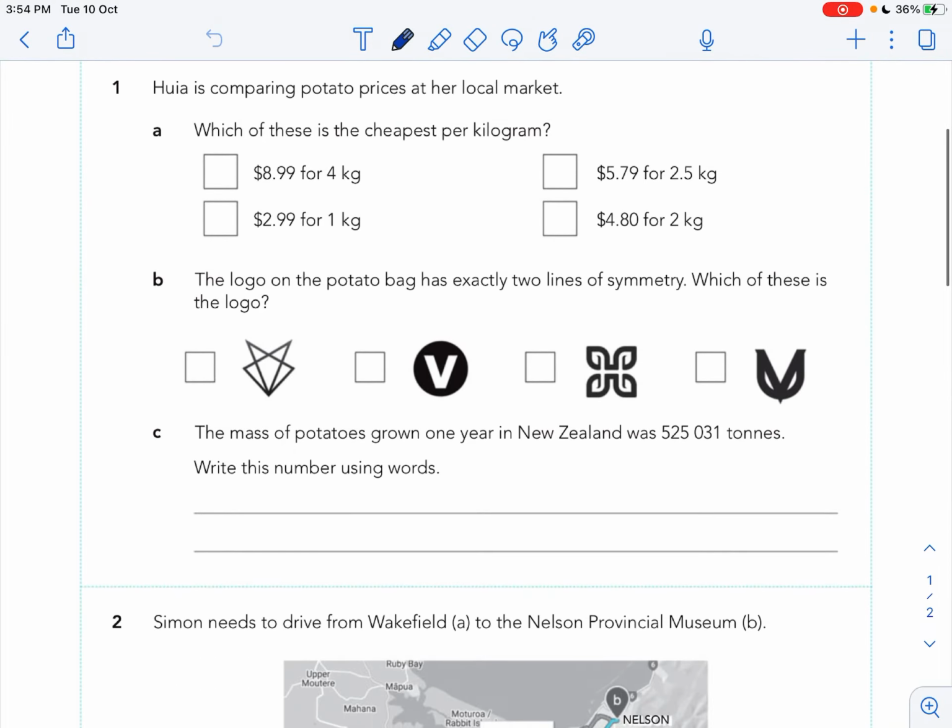So here's practice 7. So who is comparing potato prices? Which of these is cheapest? Okay, so we want per kilogram. So if we go 8.99 divided by 4,